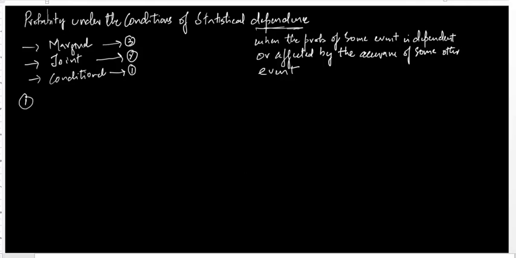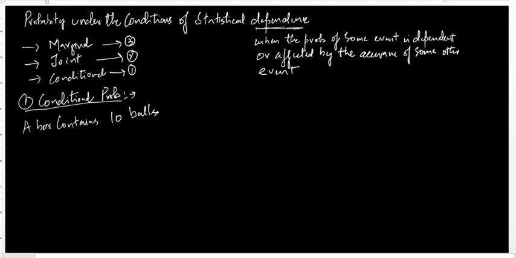Now let me take up the first one, that is conditional probability under the conditions of statistical dependence. To understand this conditional probability, let us take an example. Say for example I have a box that contains 10 balls. Now these balls are distributed as follows: 3 are colored